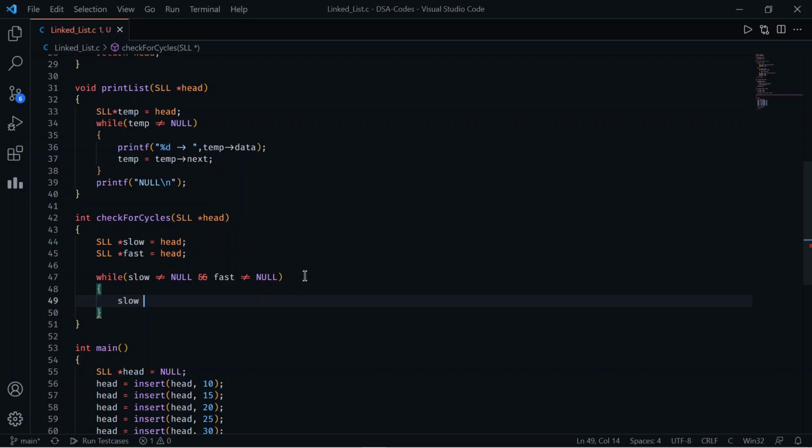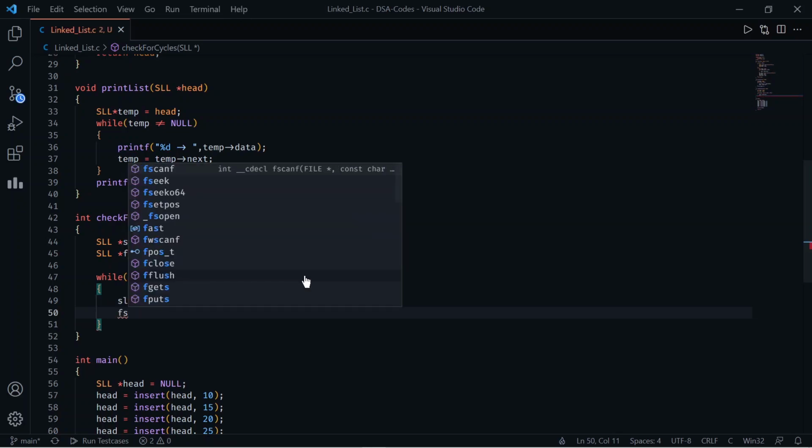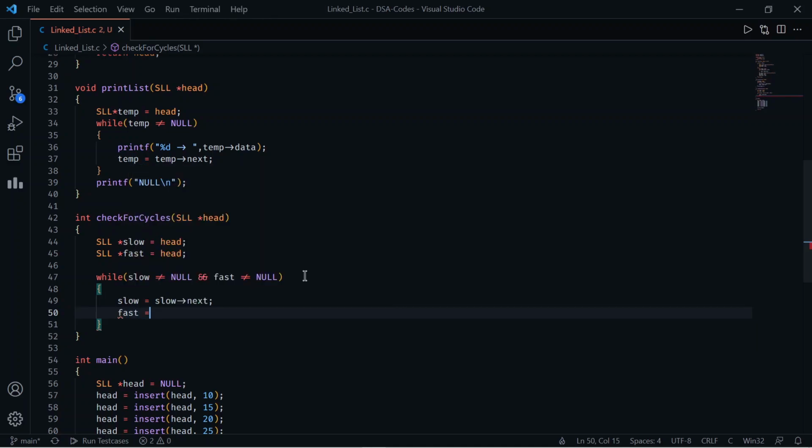The slow pointer will be equal to slow arrow next, but the fast pointer will be equal to fast arrow next arrow next, because in each iteration it is skipping one node.